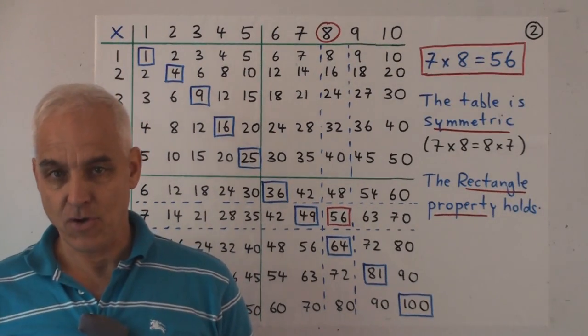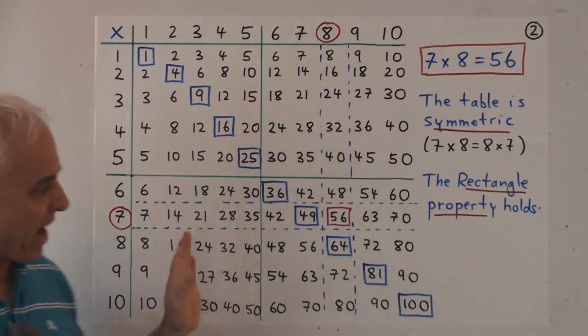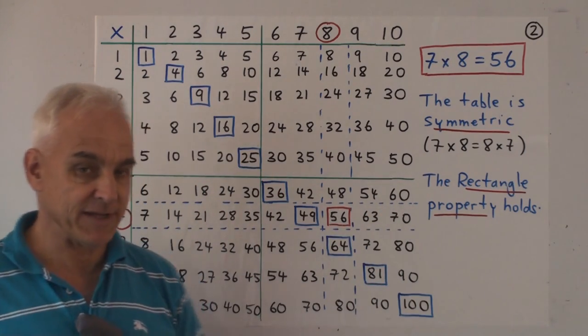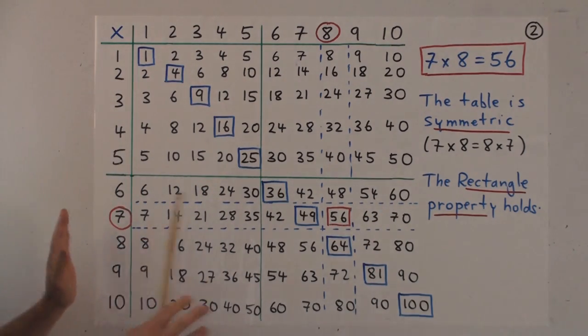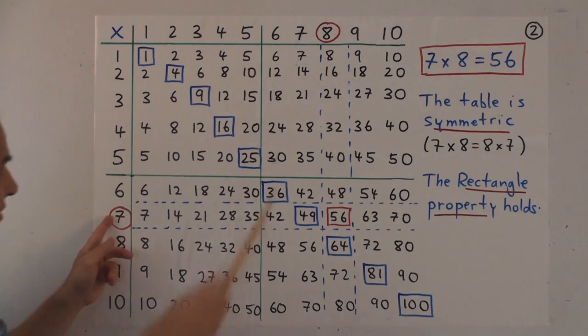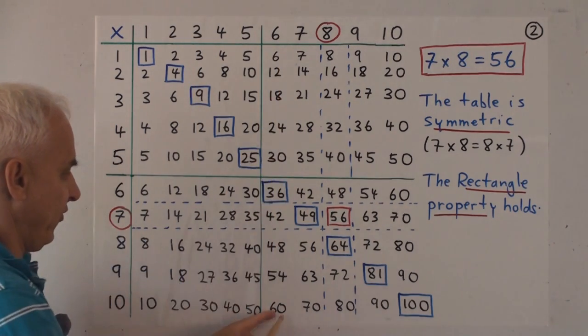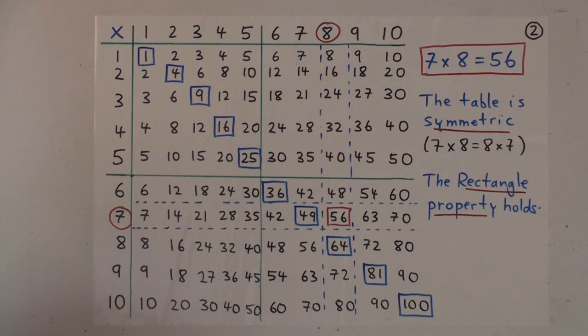For our next little trick or observation, let's go back to the multiplication table. This is the same slide as on our previous video, and just have a look at it again. There's a 10 by 10 multiplication table, so 7 times 8 is 56, 9 times 3 is 27, 10 times 6 is 60, and so on. There are some nice patterns here, and the next observation has to do with the